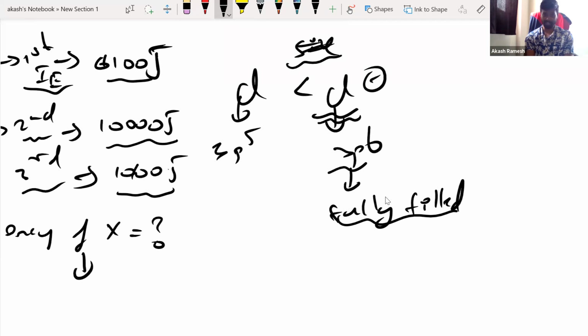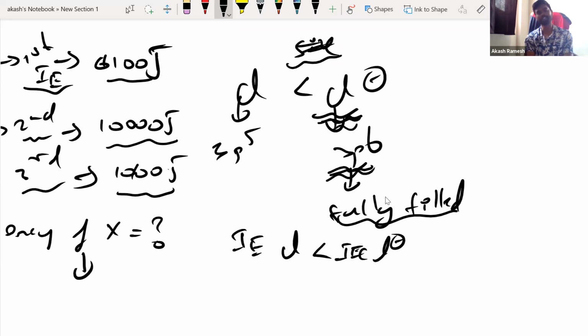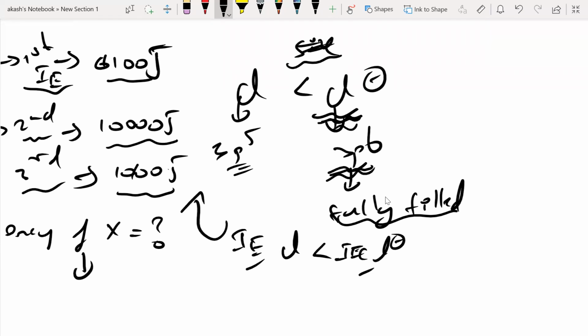This is extra stable, very highly stable. So if I remove an electron from this, I'm going to spend a lot more energy than in this case. So I will say the ionization energy of Cl is lesser than the ionization energy of Cl minus. Why? Because Cl minus has already attained the noble gas configuration. It is very stable. Removing an electron from this is very difficult compared to from here. So Cl will have lesser ionization energy than Cl minus. Now if you understood this question, this question can easily be answered.